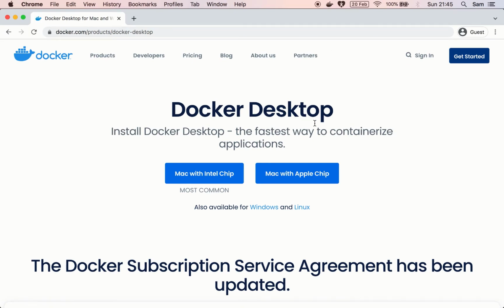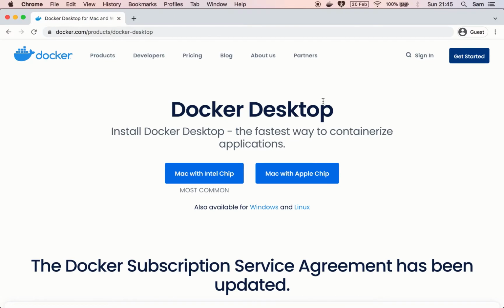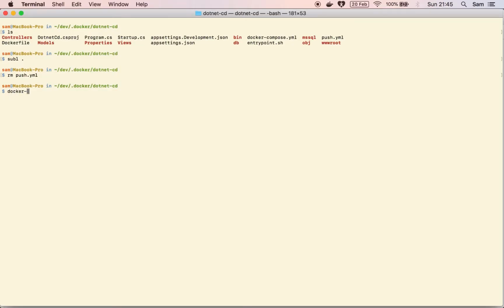Otherwise, you could just install Docker Engine, which is also available for Linux, so that's pretty good. You can either have Docker Desktop or Docker Engine, and make sure that the Docker service is running, and you would need Docker Compose. If Docker Compose doesn't come with the setup that you have, then make sure you install it separately,